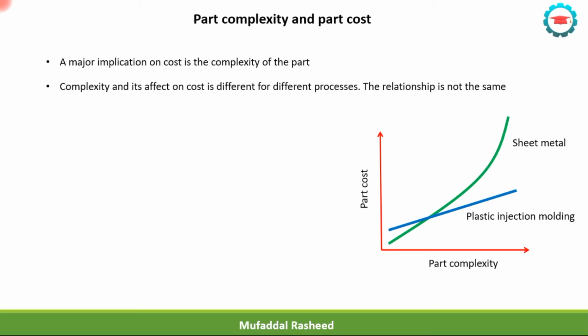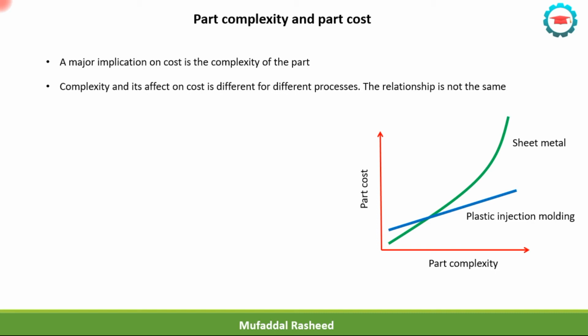So for simple geometries, for sheet metal components, the price is much lower as compared to the injection molding plastic component. For the same application, we are talking about the same application. For the sheet metal, it will be much cheaper to manufacture as compared to making a plastic part. Let's say, for example, a simple operation would be a simple bending operation. So you take a sheet and bend it. So that would be the simplest type of sheet metal operation.